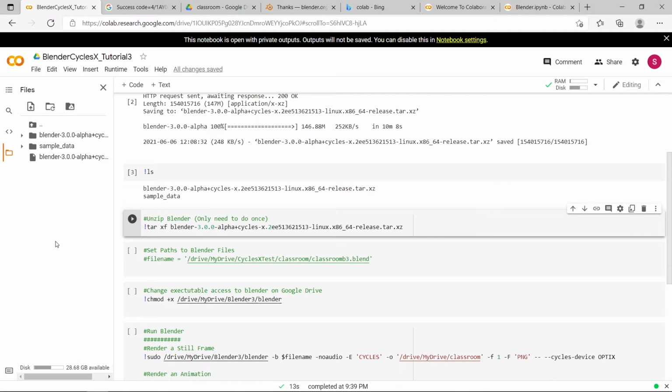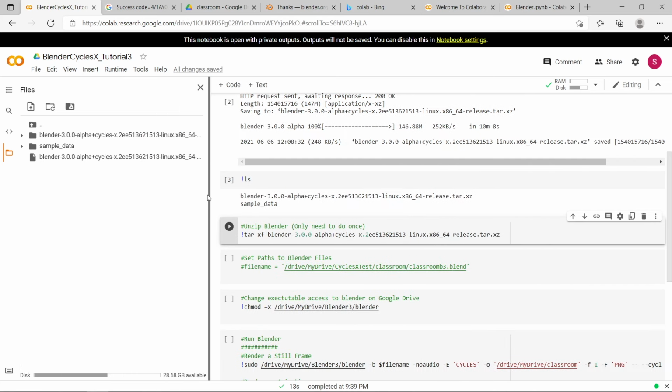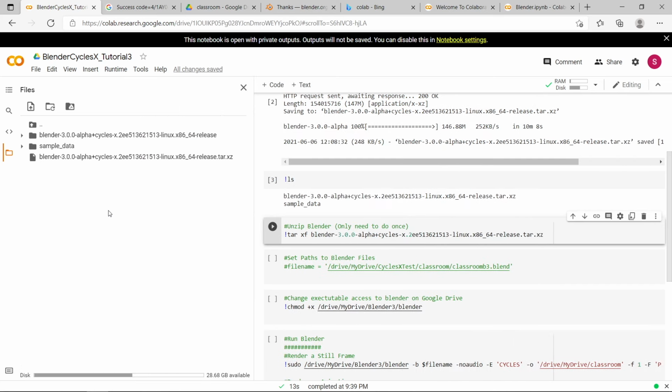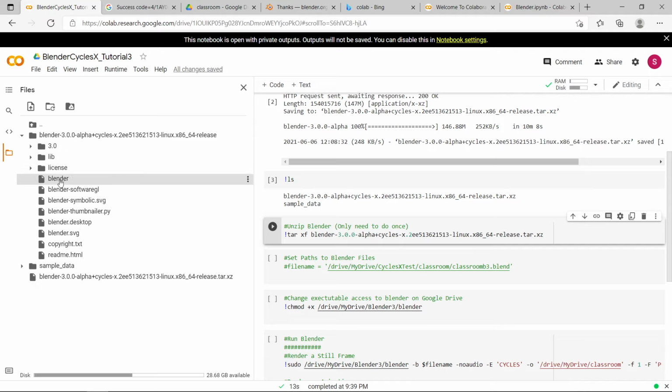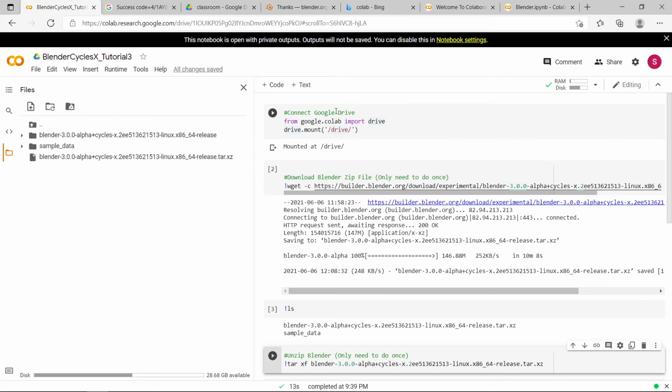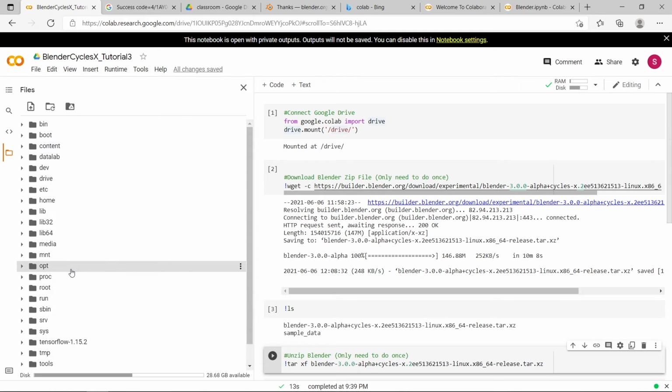If you do want to run Blender from this location, if you just drag this page over here and click the little file icon, you'll see that Blender has now been unzipped to this folder here. And if you open it up, you'll see Blender here, which is the executable. So you could just run it from this location here, but I'm going to show you how you can copy it to your Google Drive so you don't have to re-download it every time. Depending on where you've mounted your Google Drive, you can see here I've mounted it to /drive. So to get to that location, you just click on here, and you've got a list of all the directories that are on Google Colab.